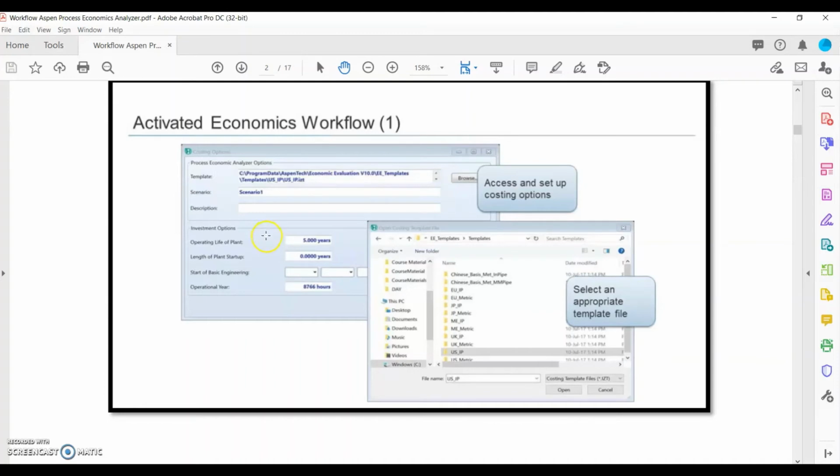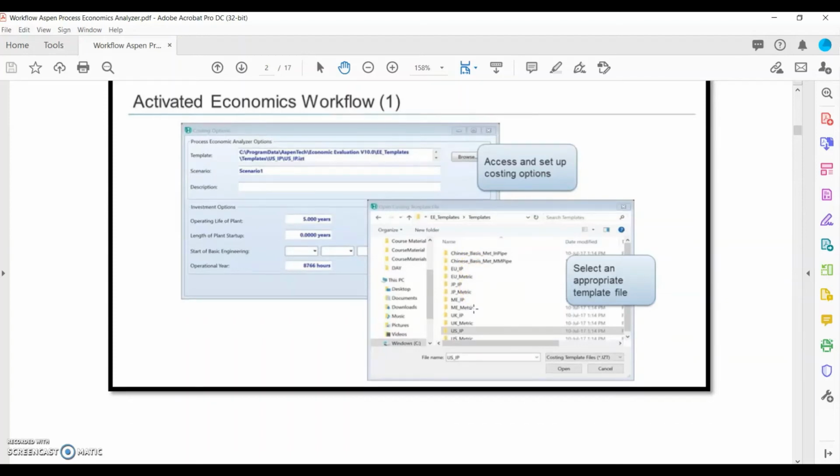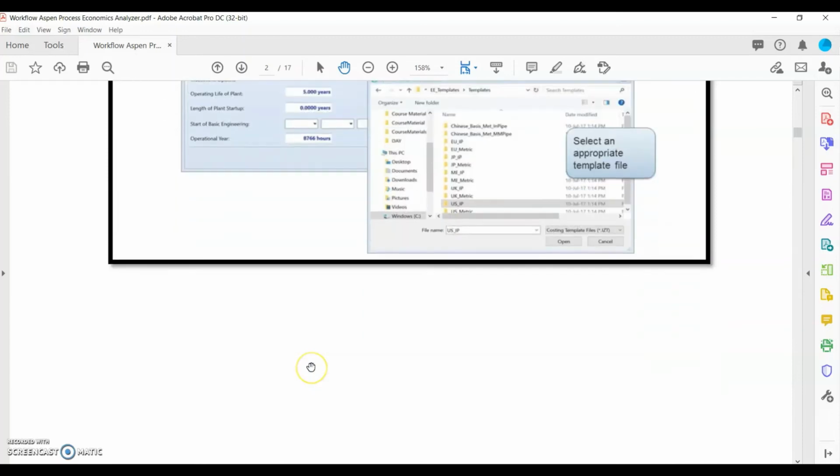For CP5062, we'll be using the US template. Within HYSYS, there are a few templates provided. There are templates from China, from Europe, from Japan, from UK, and from US. So we will be using the US template. You can use either the US IP template or the US metric template.